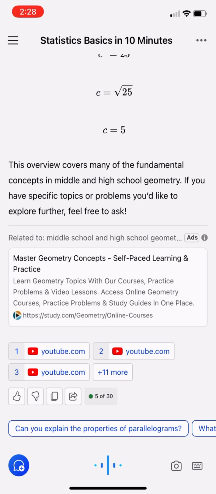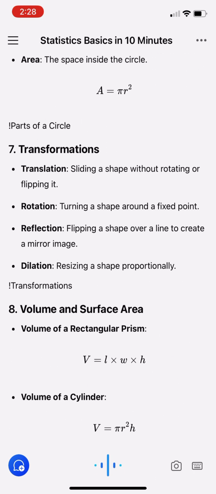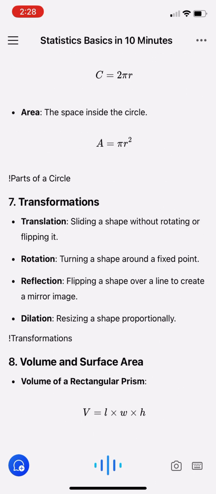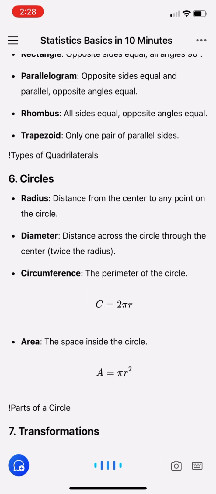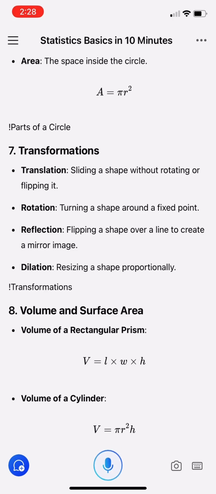2. Angles. Acute angle: less than 90 degrees. Right angle: exactly 90 degrees. Obtuse angle: between 90 degrees and 180 degrees. Straight angle: exactly 180 degrees. Complementary angles: two angles that